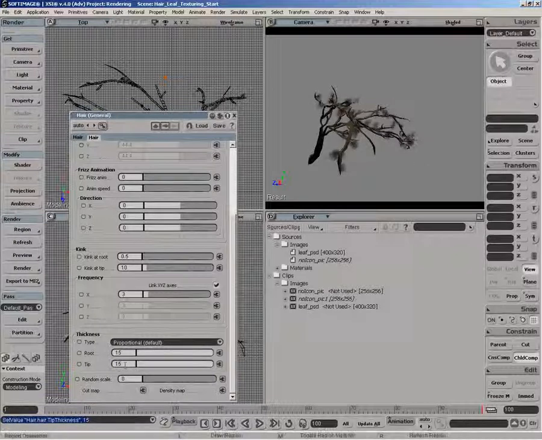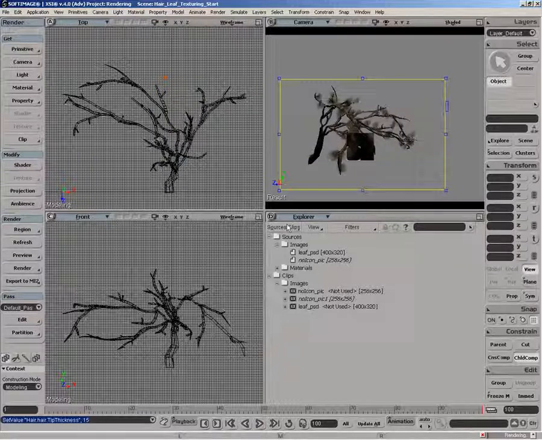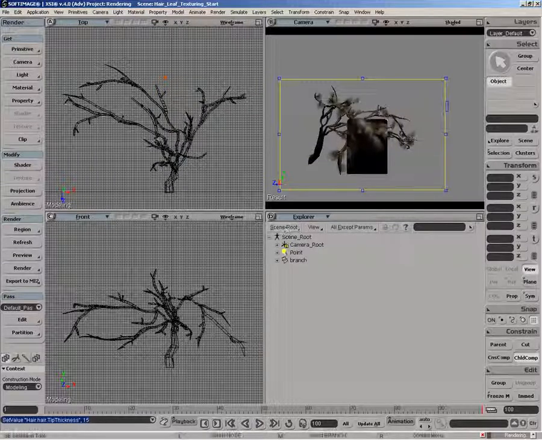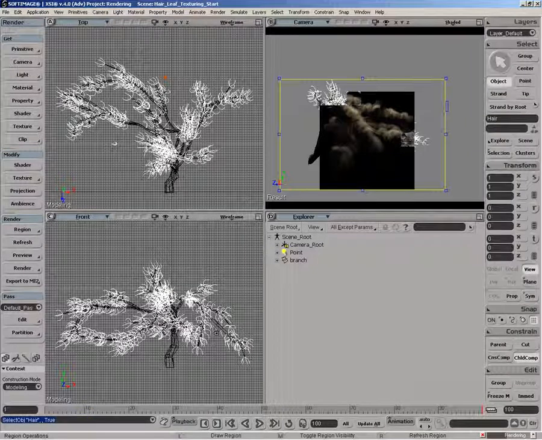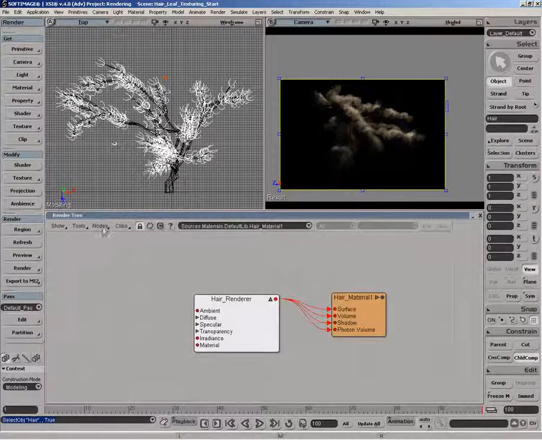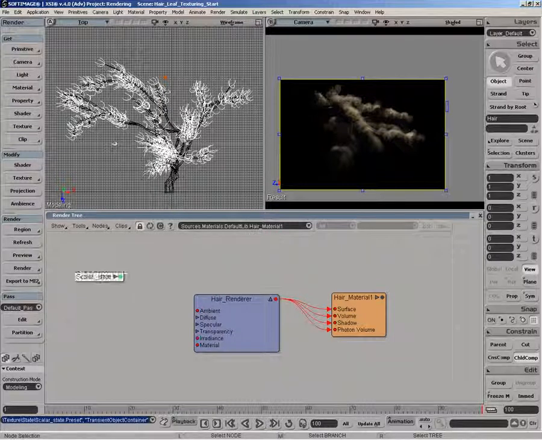So basically we end up with kind of sprite cards on our branch, which we can apply the leaf pattern to. So when we have something like that, we can quickly draw a region just to see what it looks like. Okay, that looks about right. Next we're going to go into render tree. And we're going to use the scalar state node to extract UV coordinates